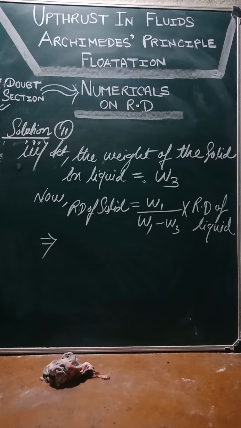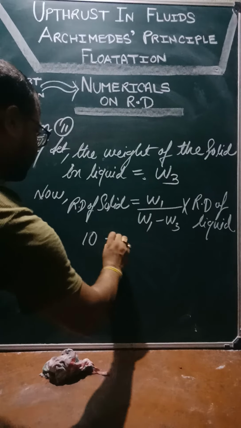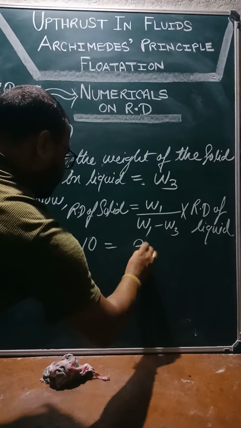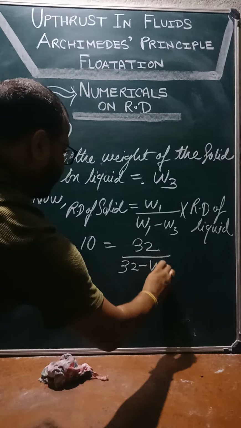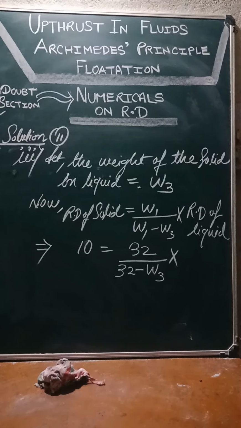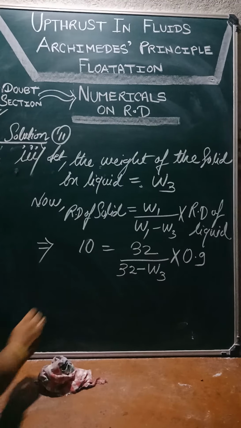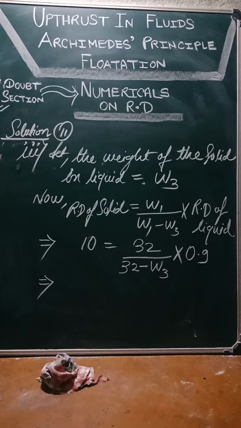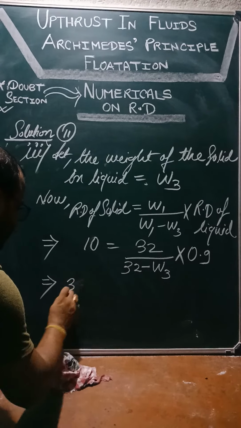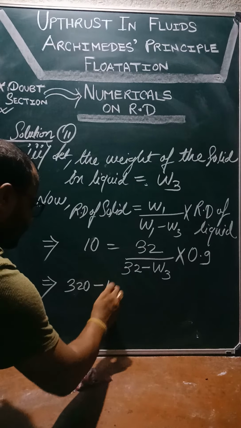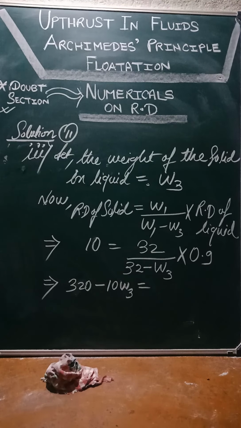Relative density of solid, just now we have solved and got 10, students, right? The value of W1 is 32. The value of W1 again is 32. W3 we have to find. Relative density of liquid has been given as 0.9. So cross multiplication we can do. When it is multiplied this side, it will give you 320 minus 10 W3, which will be giving you in total